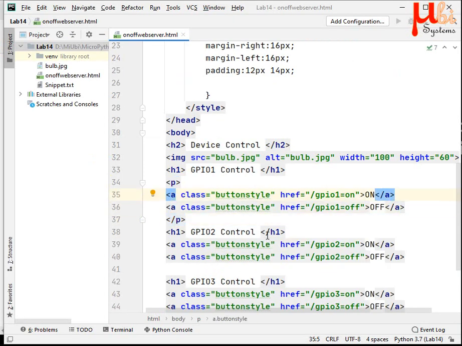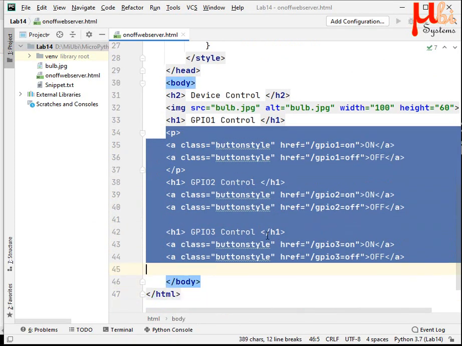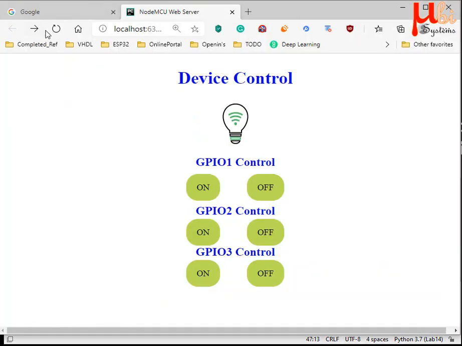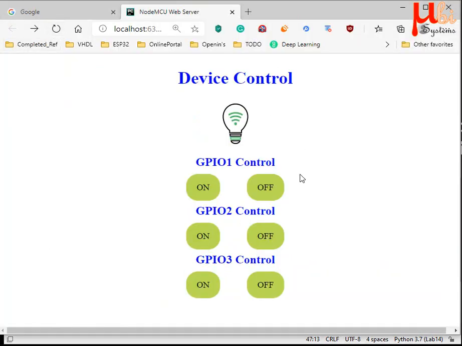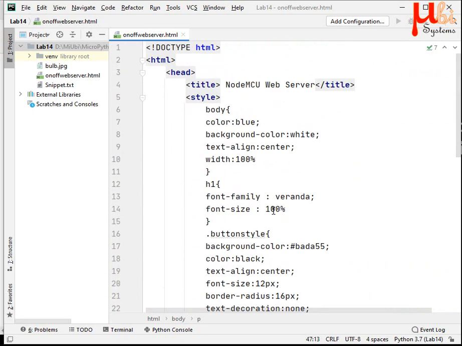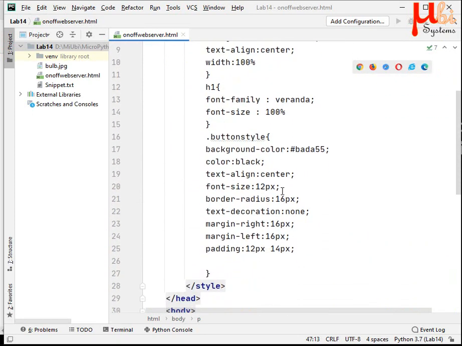So let me properly indent them so that it is more readable. Yeah, let me see what happens. Yeah, now these are a bit equally spaced. Now this is looking quite nice. So we can go forward with this web page. We were able to create a beautiful web page. This is how we create web pages.